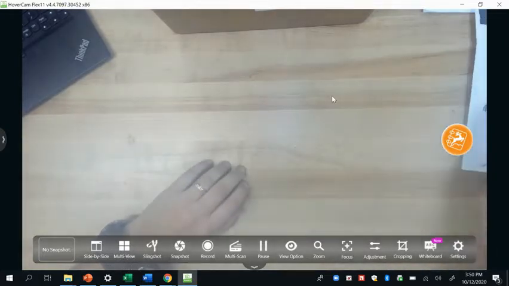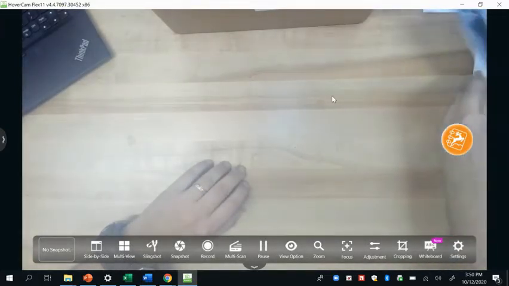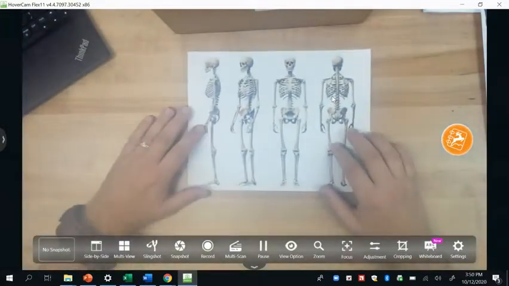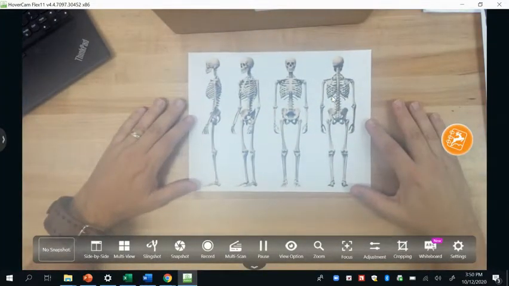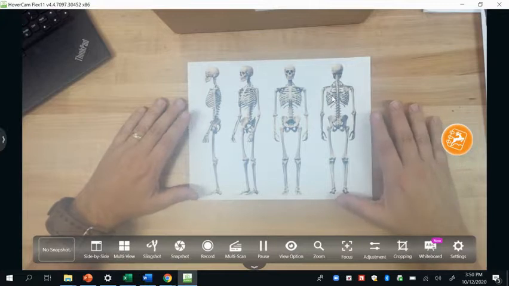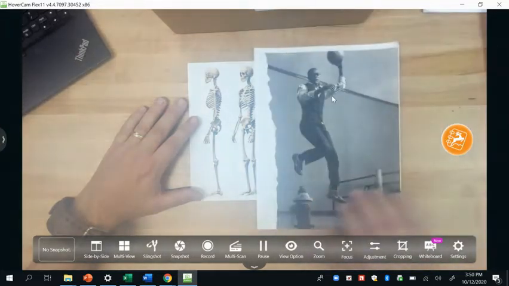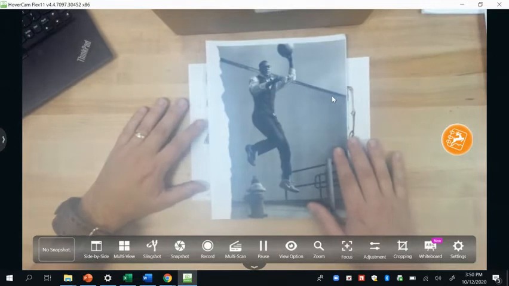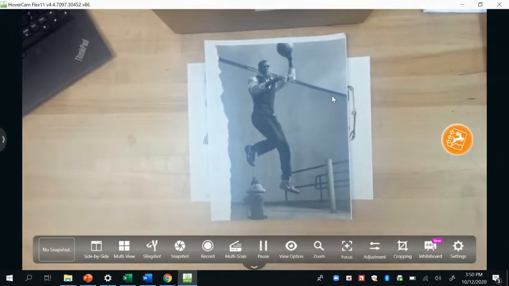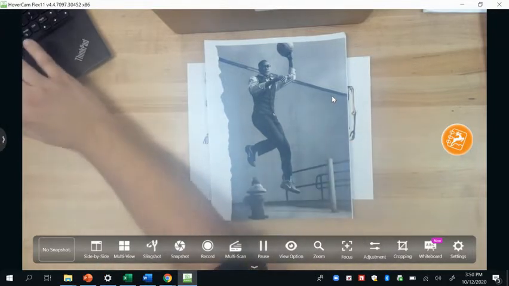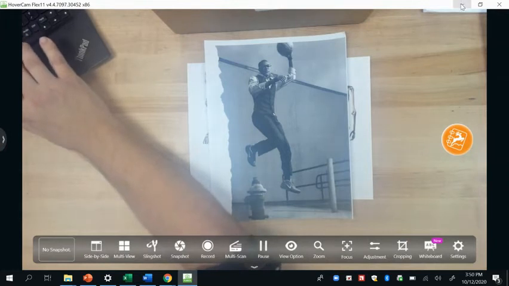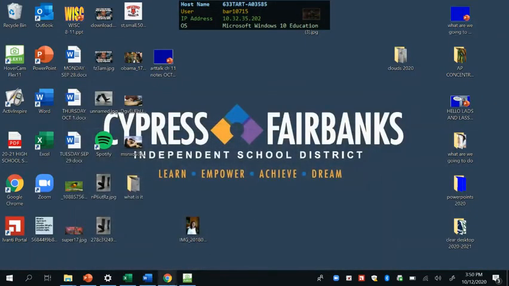Hey, everybody. Today we're going to do a little bit more practice with the skeleton. So I want you to print out the picture of the skeletons that I sent you, or have this ready. And also, I want you to print out a picture of somebody in a pose. I do not want them just standing there, but they have to be posed in some sort of way. So I want you to go online. So if you watch what I do up on the screen,